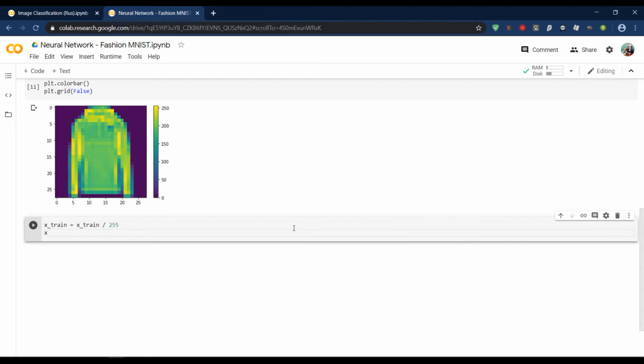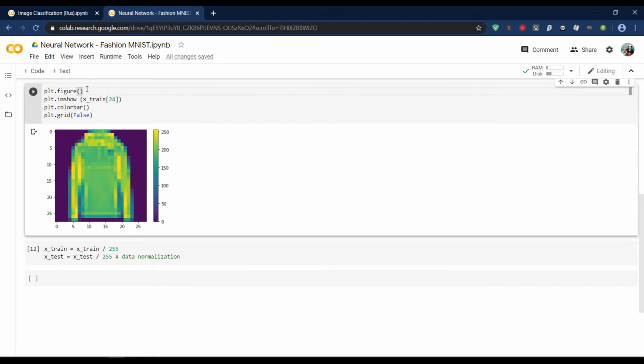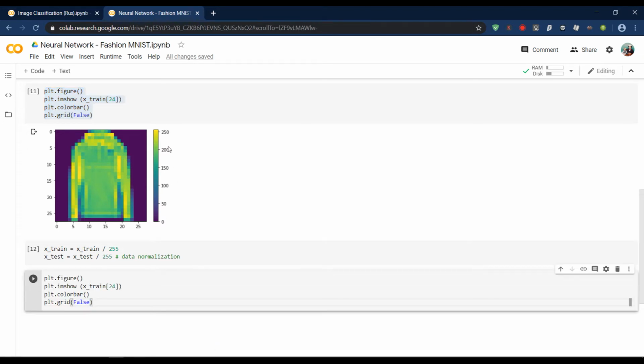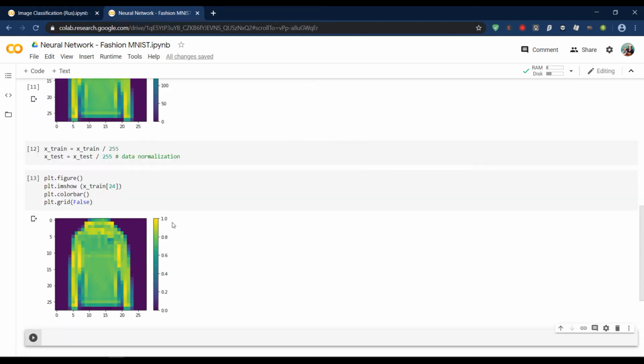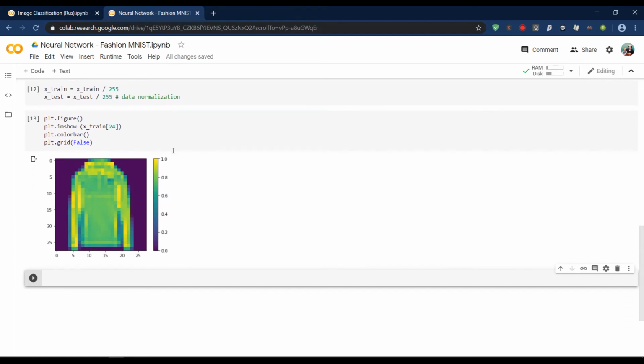So, having seen our images, now we are going to do data normalization. What does it mean? This means that in order to improve the optimization algorithms that are used in training neural networks, we divide the intensity of each pixel in the image by 255, so that the intensity now is in the range from 0 to 1. And we will do it both for the training set and test set. Let's check it. Great, now the pixel intensity is from 0 to 1, and